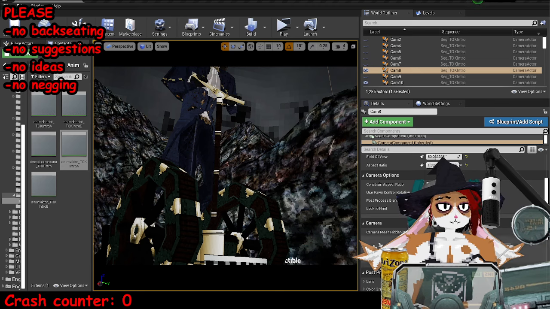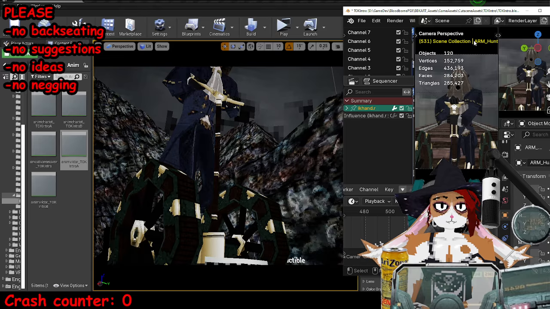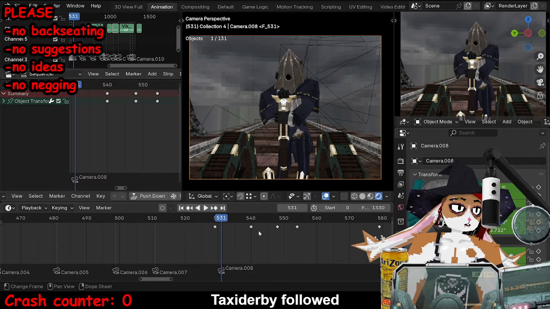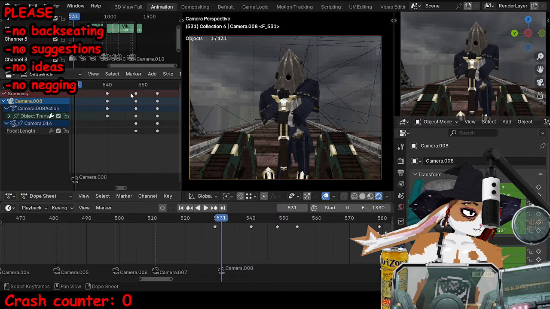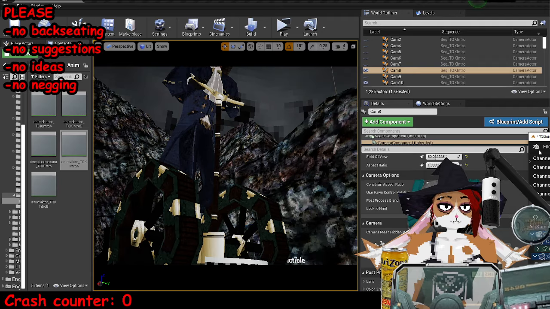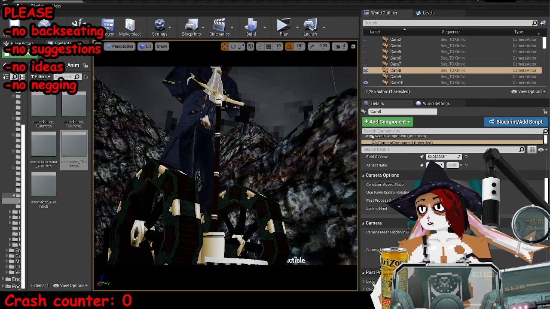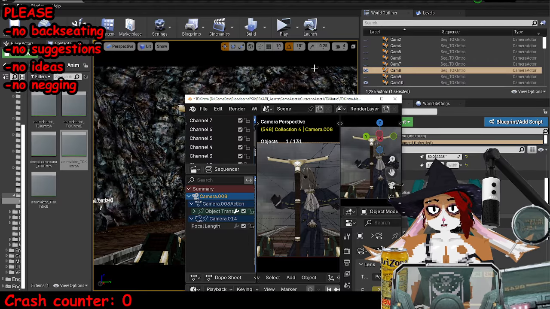What? No. Okay. If I remember correctly, you actually are animated to zoom out. Hopefully. Yes. Okay. So this is frame 548. And then